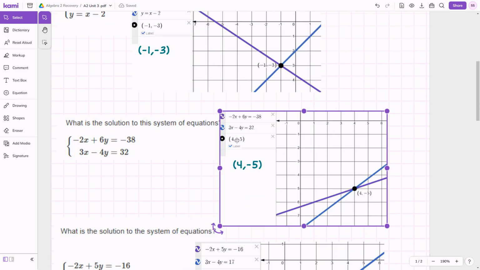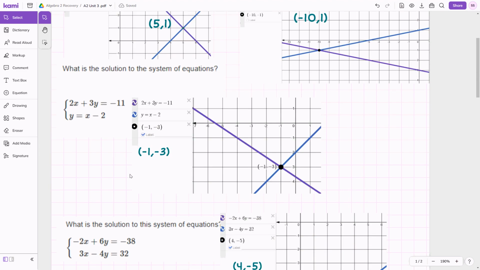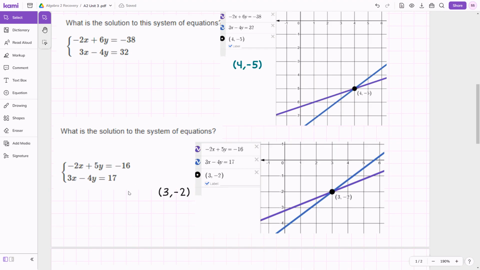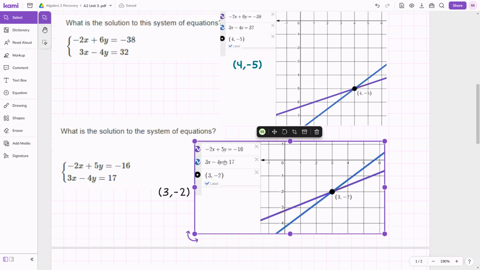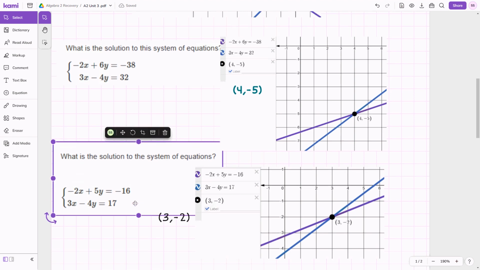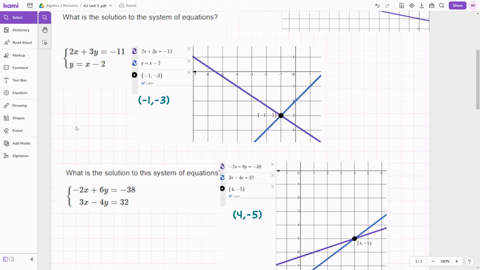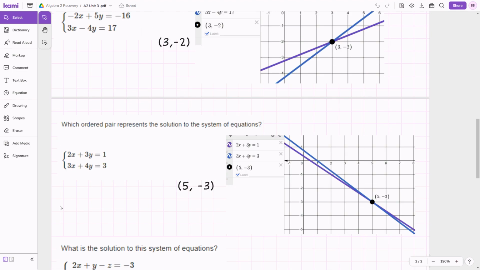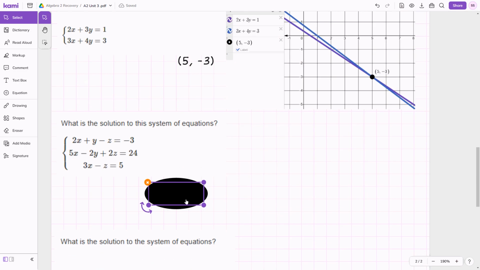So those are examples of, let's see, that's 1, 2, 3, 4. That's number 4, and that's number 5 right there. And you can see once again whether it's in standard form or slope-intercept form or no form at all, as long as you put it into Desmos, it's going to give you an answer. Okay, we don't have to do